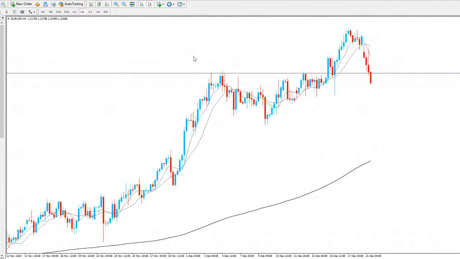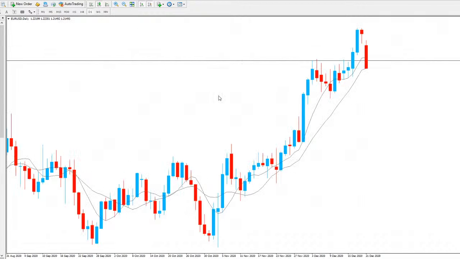As you can see, we're starting to come back to this previous area of resistance now turned support on the daily chart. Here is the area of resistance, we pushed to the upside, a big push, and it looks like we're having another equal push to the downside. So it looks like the push to the upside was a bit false for Euro USD, since we're coming back to the same level now, quite impulsively as well. And if we manage to close below that level, again, we could be seeing a deeper retrace.